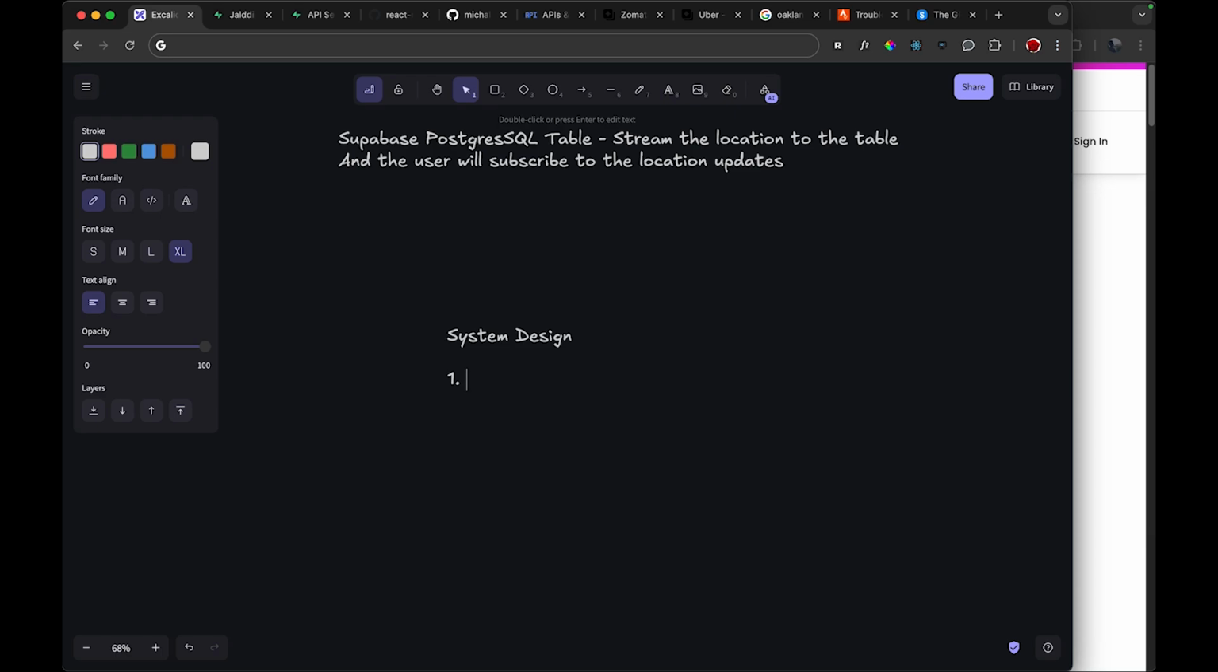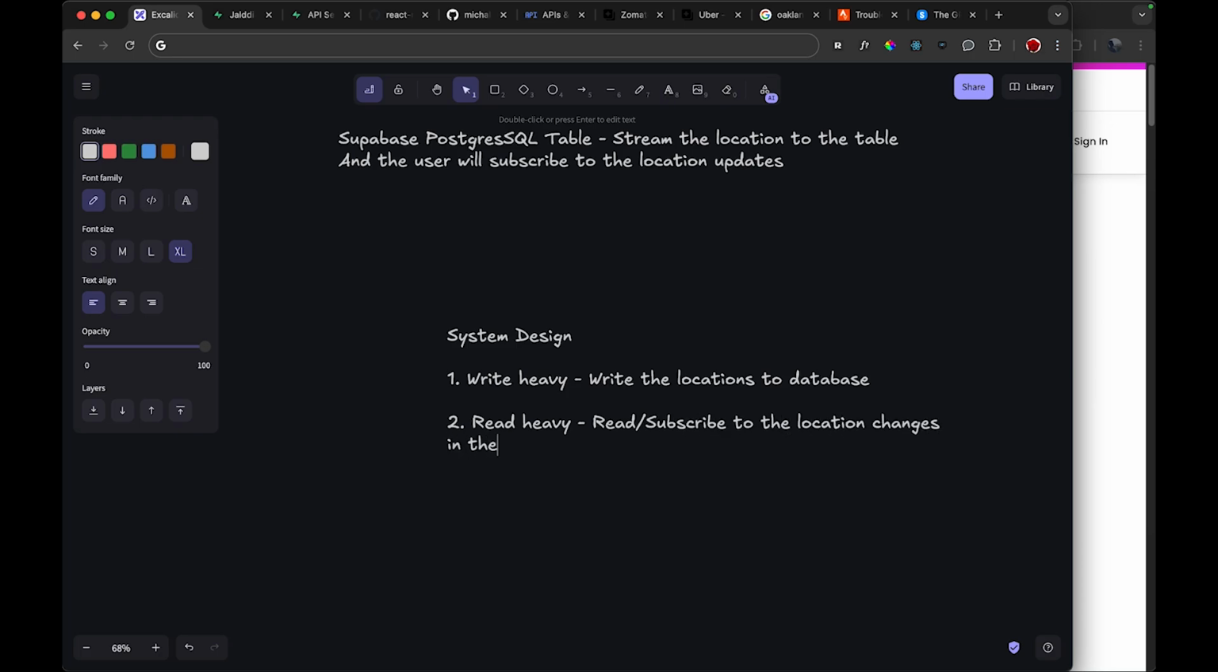Okay, so first we are going to discuss the write heavy part. Write heavy is what? We have to write the locations to the database, and then it's also read heavy, because we also have to read, as we subscribe to the location changes in the database. One step to do that is we can use gRPC from Golang to have HTTP2 connections, which is